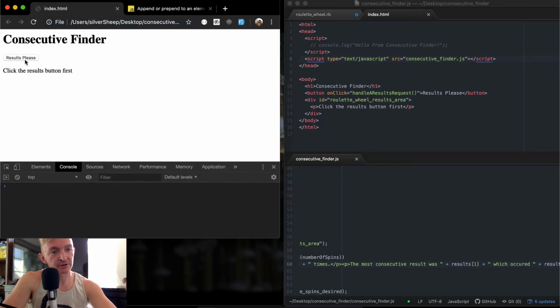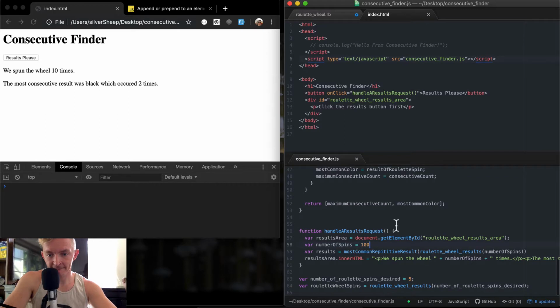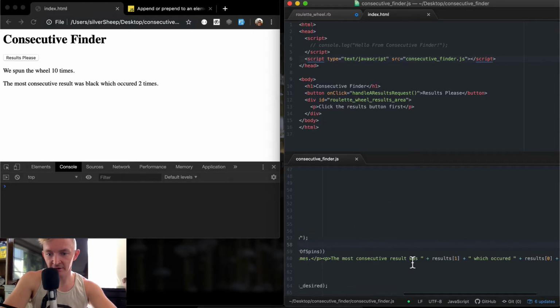And then we can refresh this, and now we're getting 10 times. We get red for 4, black for 4, black for 4, red for 4. If we change the number of spins to 100, then results 6. You see we're getting greater results. And then we could actually add another P statement in here, which says